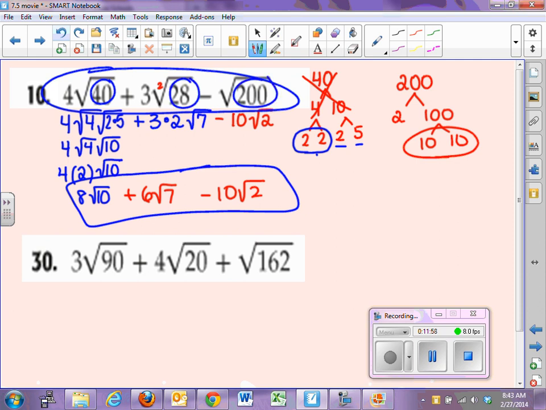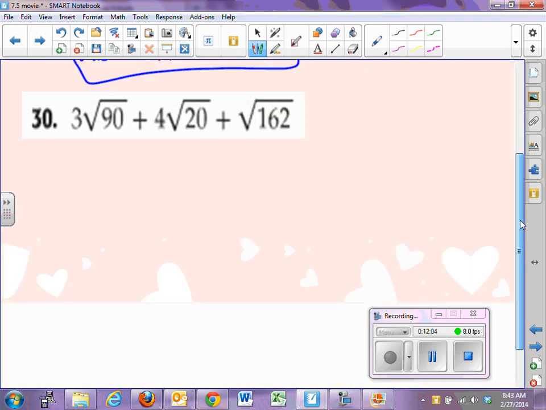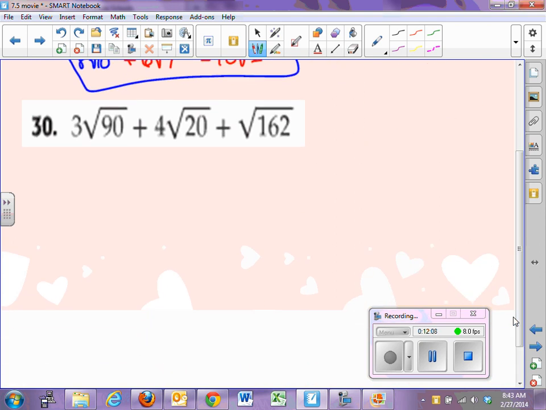All right, let's try 30. Hopefully we get somewhere with 30. We get to do a little more. My goodness. Okay, let's break down 90. 90 is 9 times 10 and 3 times 3 and 2 times 5. So since I can pull out a 3, and I already have a 3,